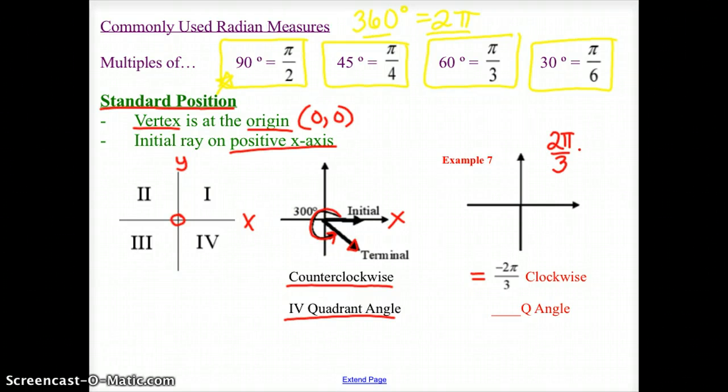If I multiply that by 180 over pi, what happens is my pi cancels. 2 times 180 would be 360. Divide that by 3 though, I get 120 degrees. Most of us now know where 120 degrees is. Starting on the positive